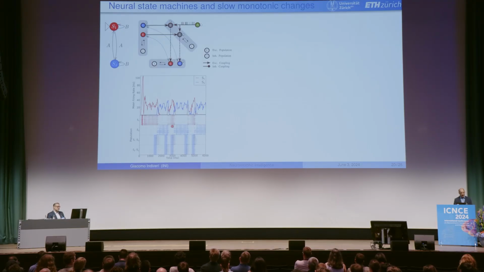You can see here from the activity of this chip, where you see the average spiking rate, that the spikes on the x-axis represent the state transitions. This is how we can get these neural state machines to work.